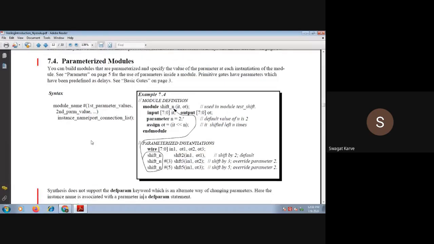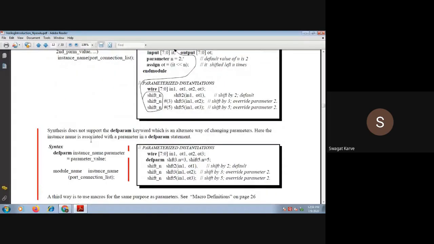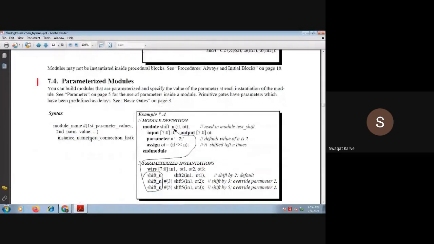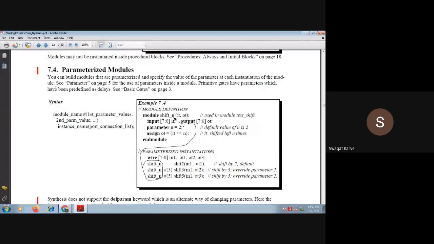Now next we will discuss parameterized modules. What does it mean? You can build modules that are parameterized and specify the value of the parameter at each instance of the module.